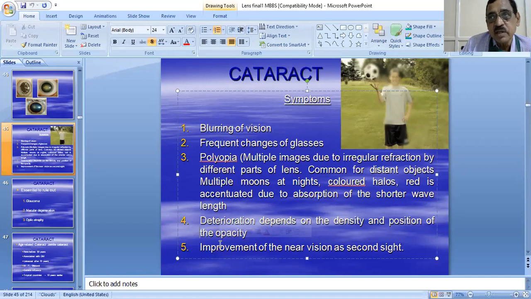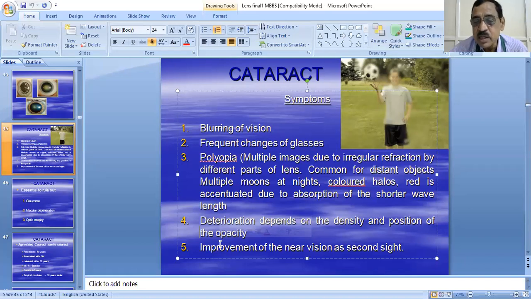To differentiate between the acute congestive stage of angle closure glaucoma and an intumescent cataract, we pass a stenopic slit in front of the patient's eye, who is looking at the bulb and seeing the colored halos. In acute congestive angle closure glaucoma, the colored halos persist. But in intumescent cataract, the colored halos get broken. So this test is known as the Finsham test.